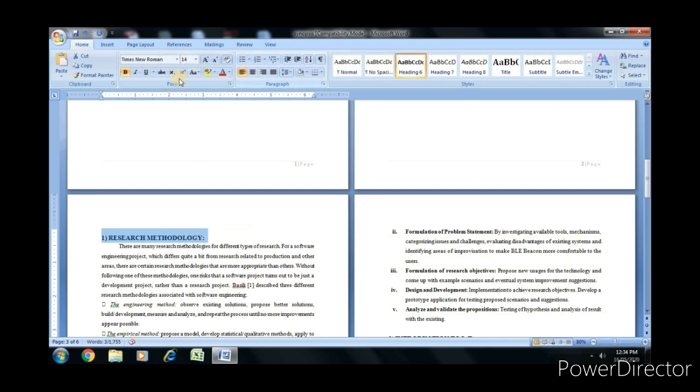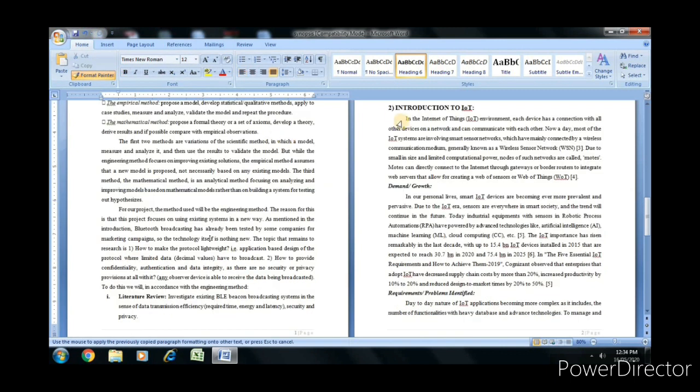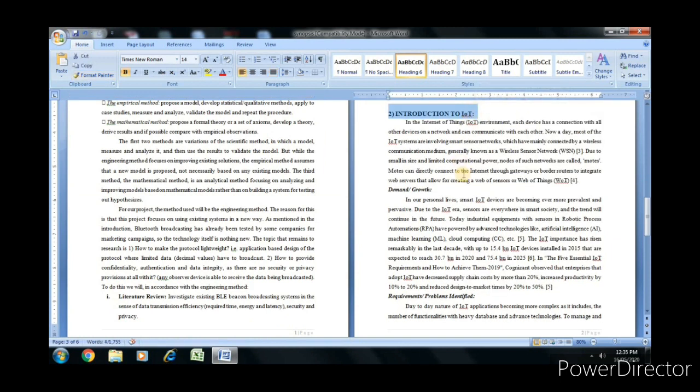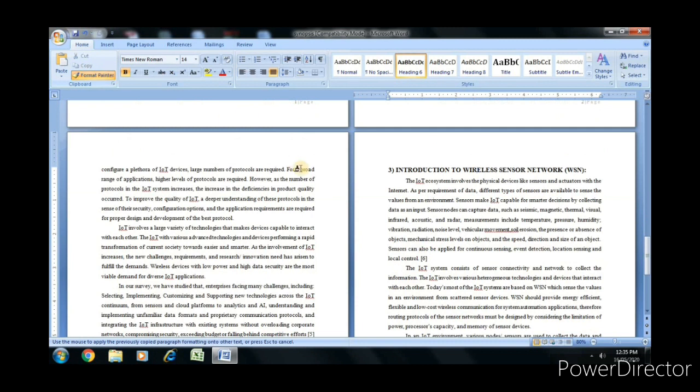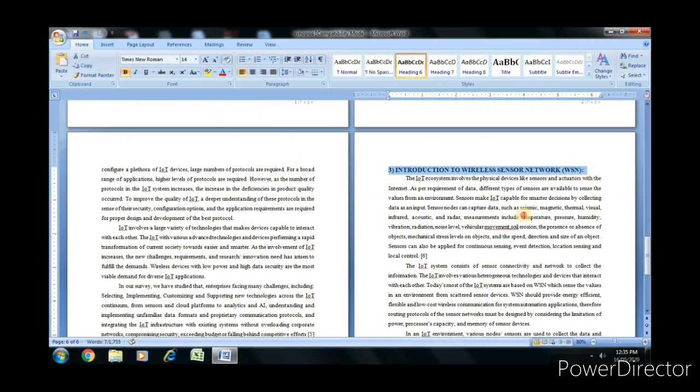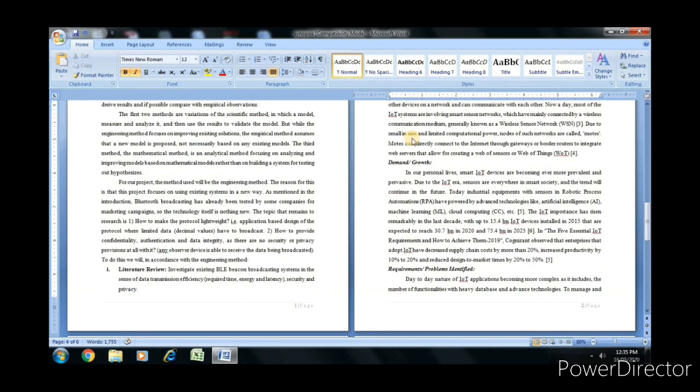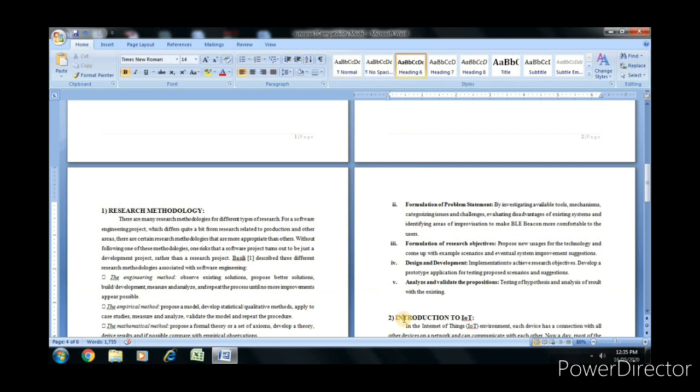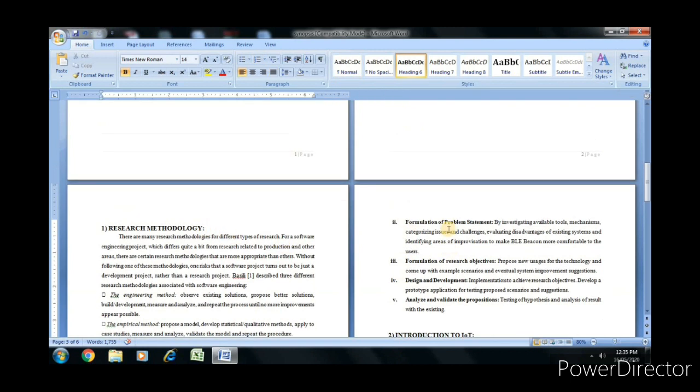If we require the normal heading with Times New Roman and font size of 14, then we can modify. We'll repeat the same by using the format painter for the second chapter heading and the same for the third chapter heading. Now we can see this style is changed from normal to heading for the third, for the second and for the first.